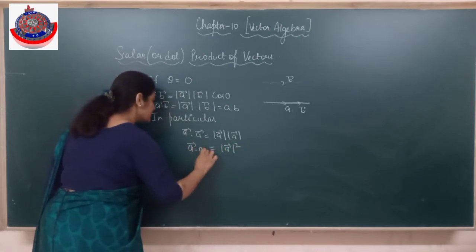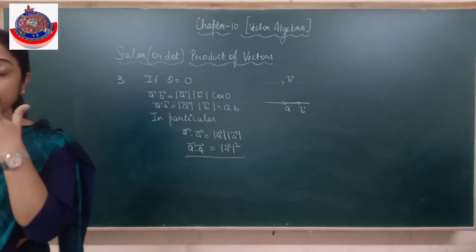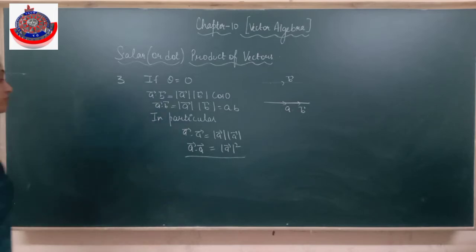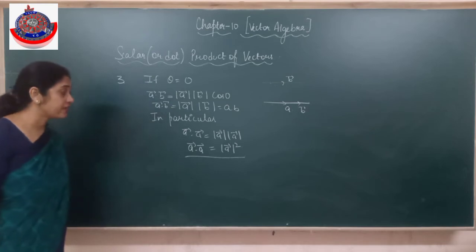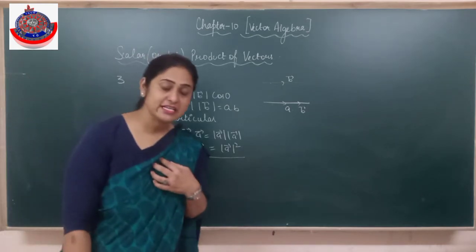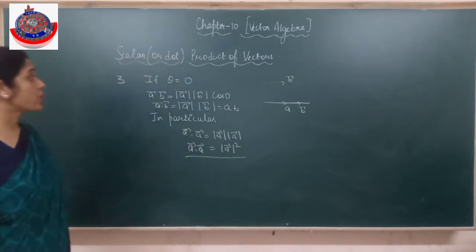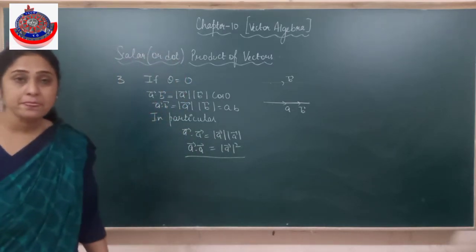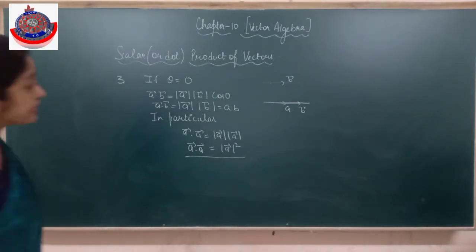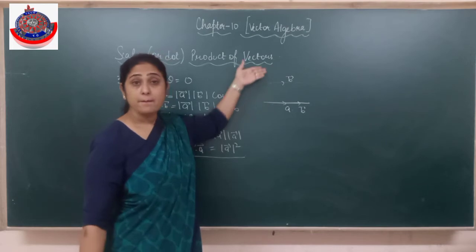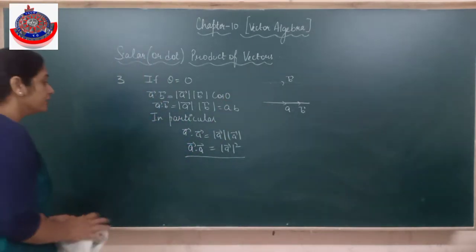Very important result. A vector dot A vector is equal to the square of the magnitude of A vector. A vector अगर खुद के साथ डॉट प्रोडक्ट लिया जाए तो उसके मैग्नीट्यूड के स्क्वायर के इक्वल होता है. I hope it's clear to everyone. If theta is 0, fine. So that means it's equal to this, or it can be a case of parallel vectors also. Clear? Alright, collinear or parallel.